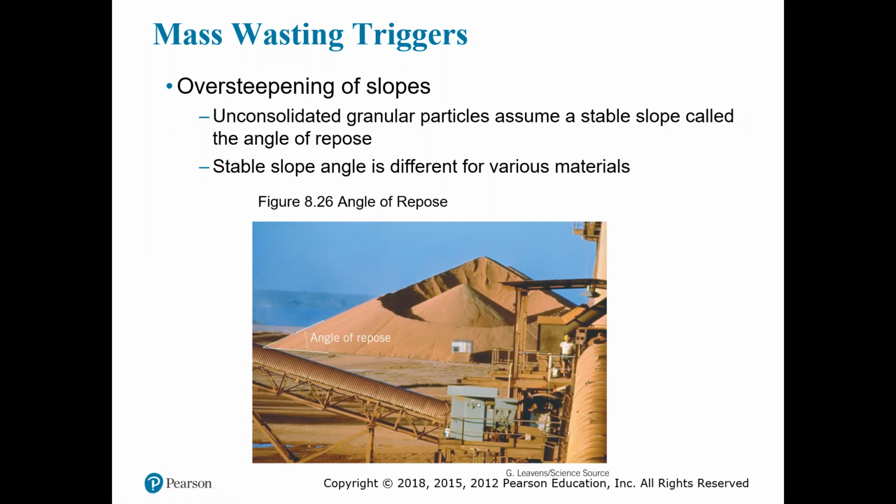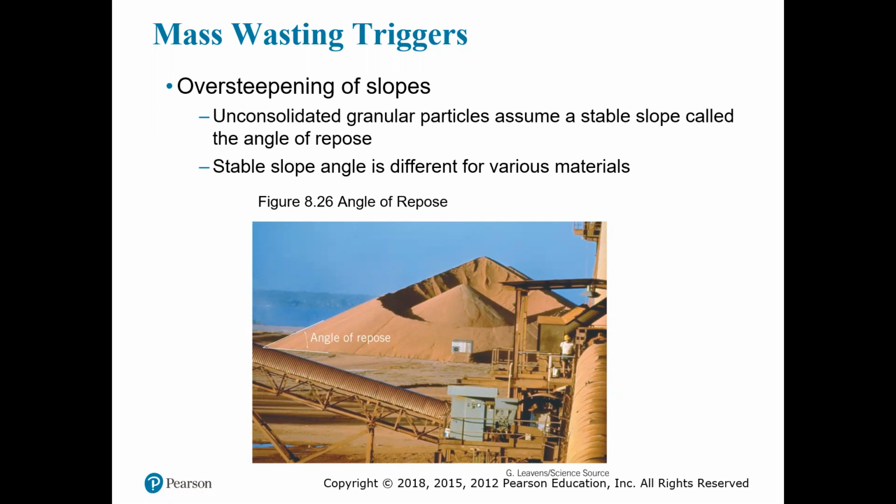Oversteepening has a particularly clear-cut effect on slopes made of loose granular particles, sand-sized or coarser. If you look on page 255 in your book, I don't have a picture of it here in your PowerPoint, but in figure 8.25, you see these oversteepened hill slopes, and we've got heavy rainfall, and heavy rainfall down